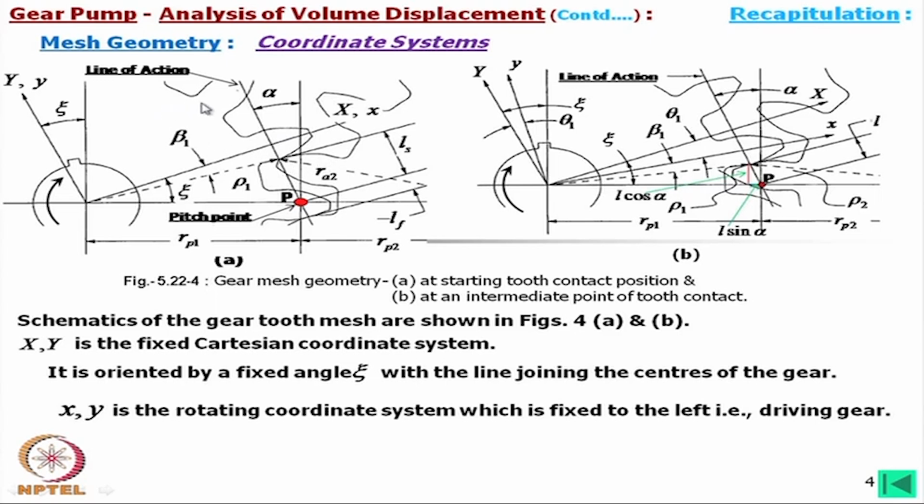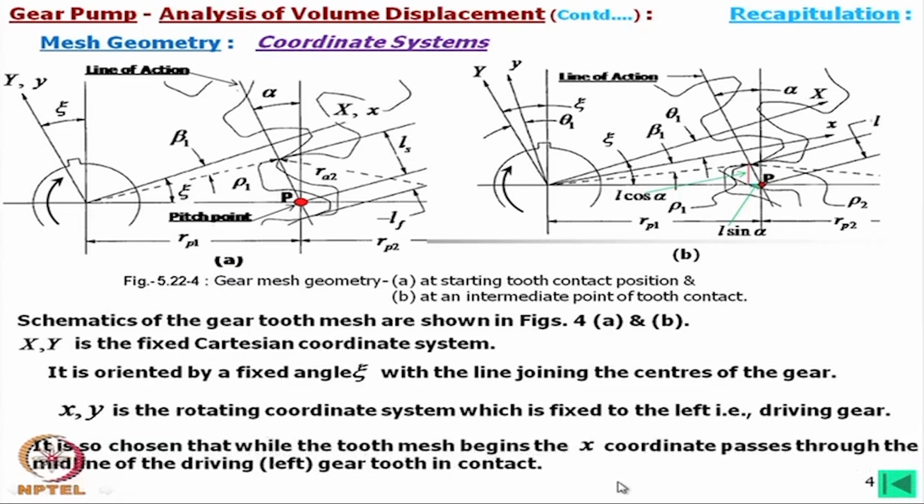You see, this is rotating in the clockwise direction. So, this is in the anti-clockwise direction, and the contact has just started here. At that position, if we consider half of this tooth, then we get this line, which is the small x axis. Now, when theta is equal to 0,